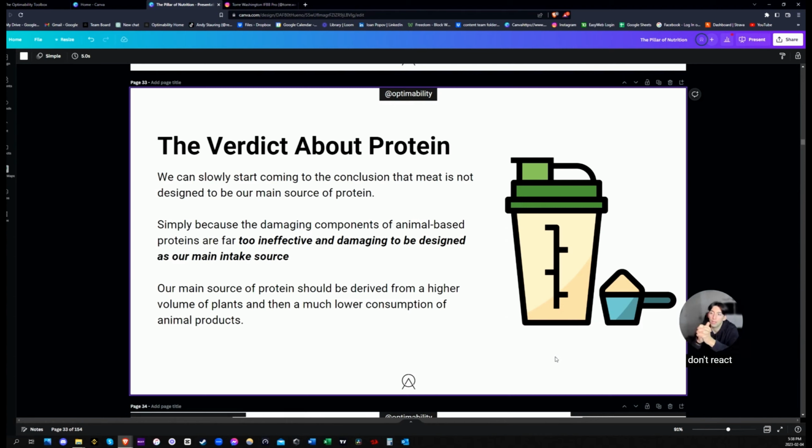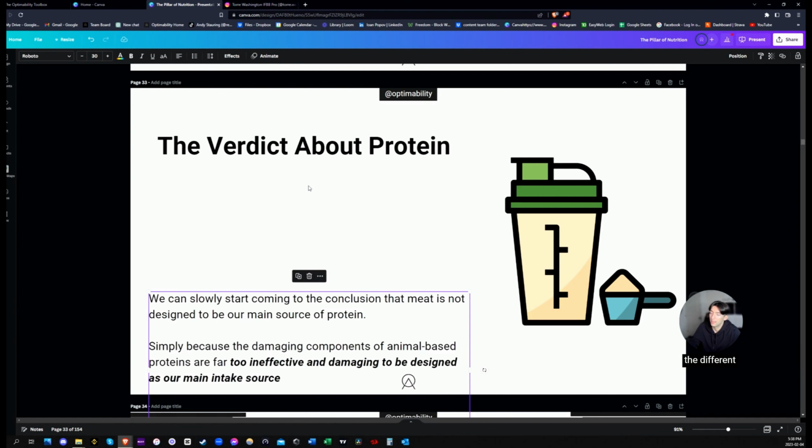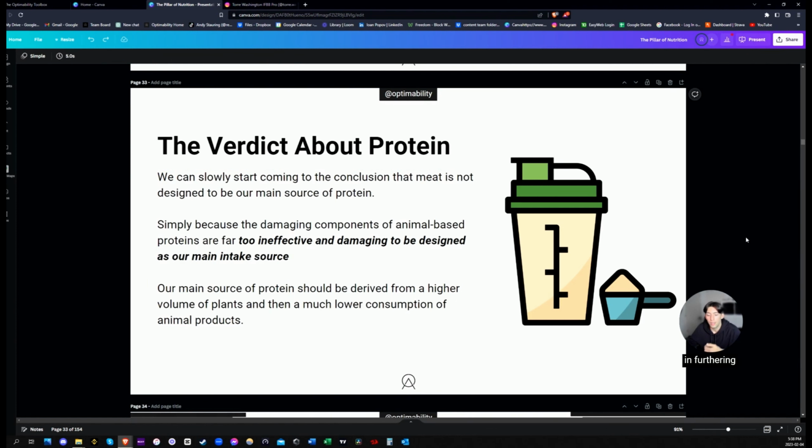For example, I don't react well with beef products. Beef just doesn't hit me properly. But doing this type of research and gathering the information and understanding the different types of protein is key in furthering your development and being actually healthy, because you'll actually know what to eat and what to avoid. And yeah,